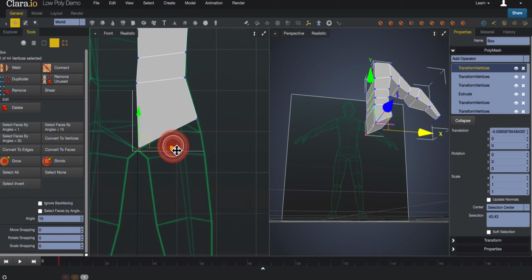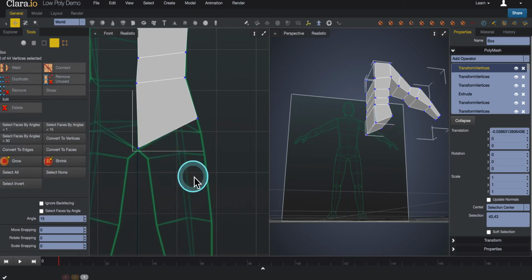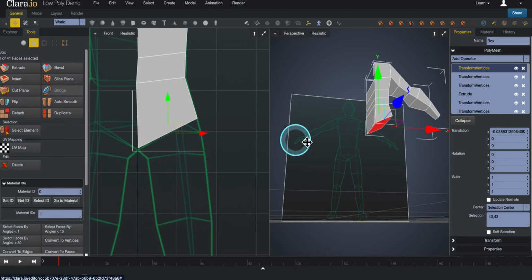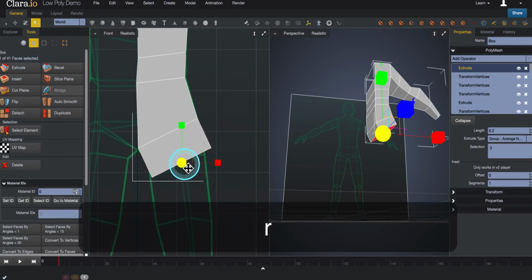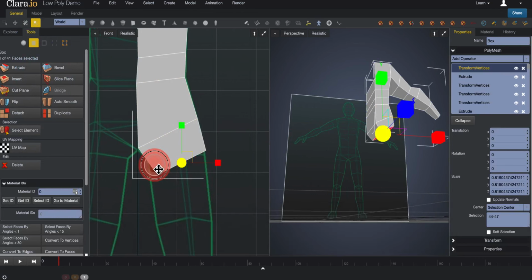Actually, I'm going to get the waist right about there, and then I'll start extruding out, and that's what will separate the legs here. Okay, back into face mode, still selected, great. Extrude out, press R, scale it in,